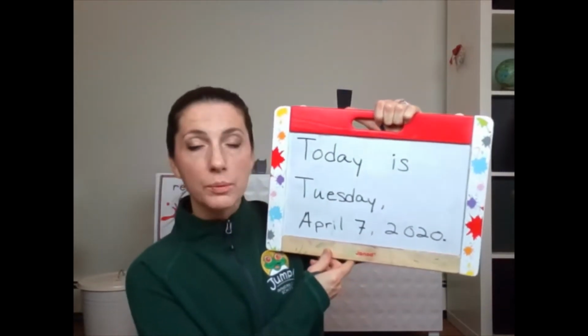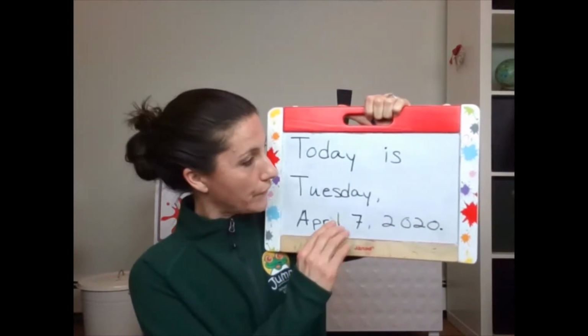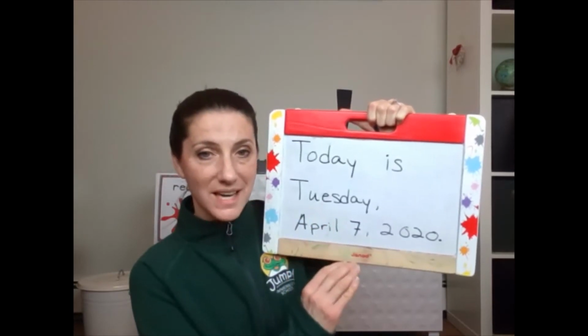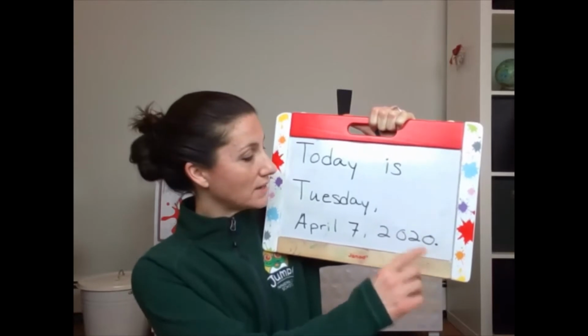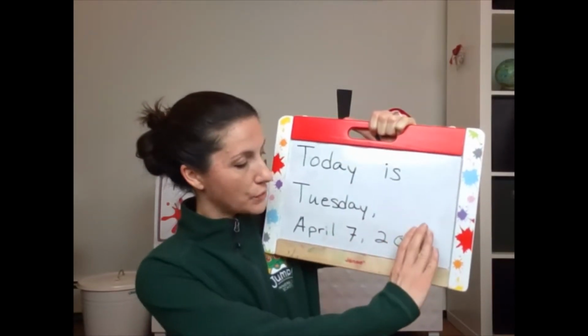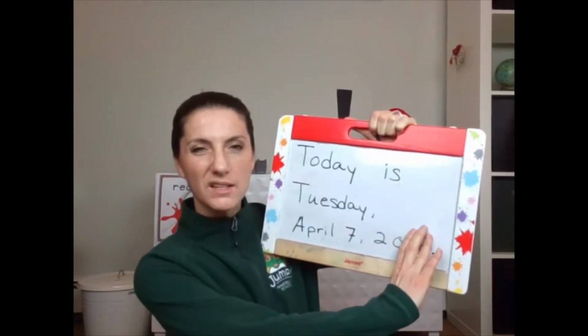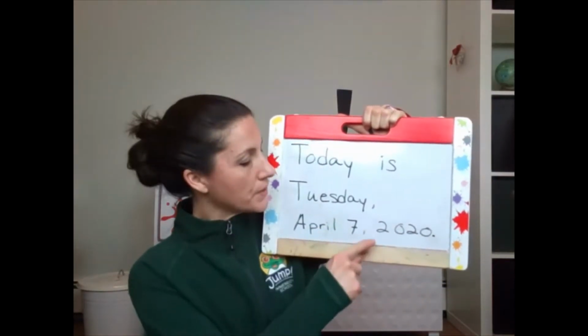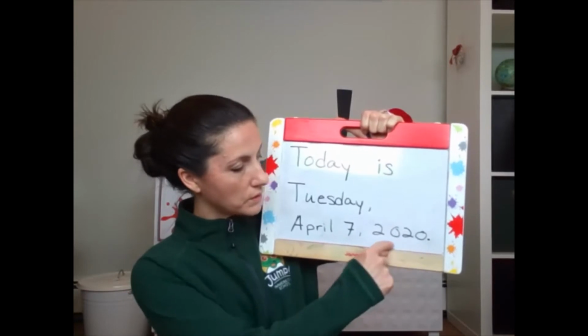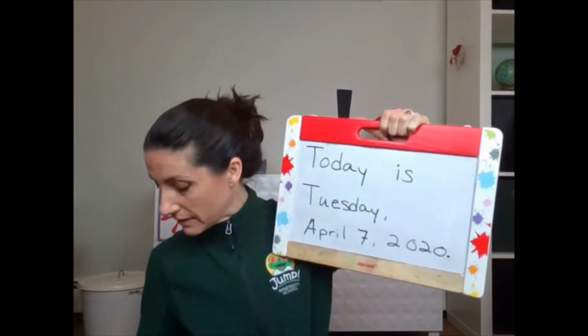Now, also, please remember when you are writing the long form of the date, you also need to write the long form of the year. You can't say today is Tuesday, April 7th, 20, because it's long form and then the short form of the year. It's all got to be long form. So you need to write 2020, however you want to pronounce it.